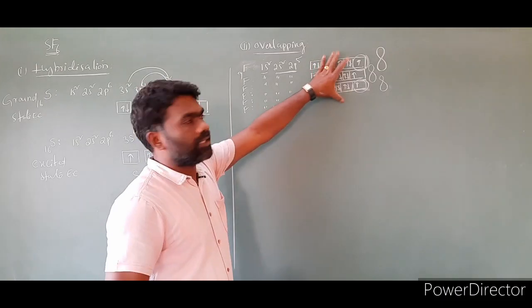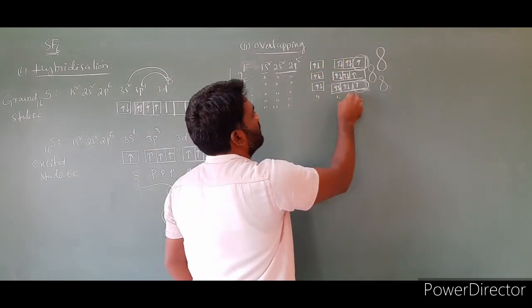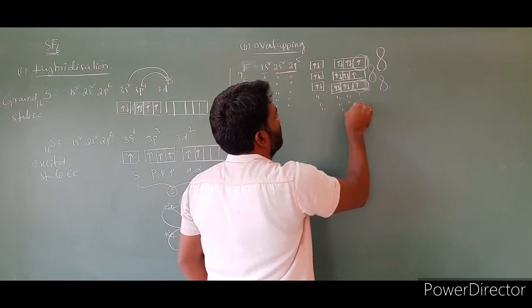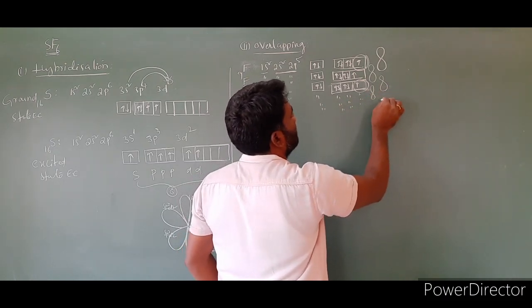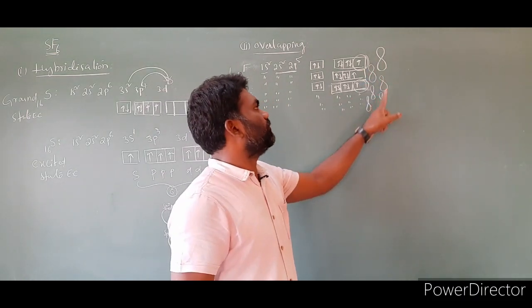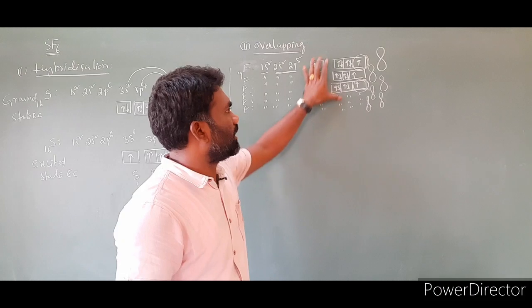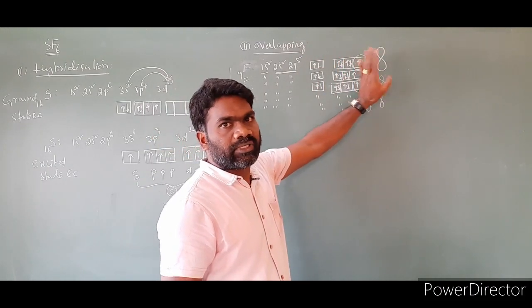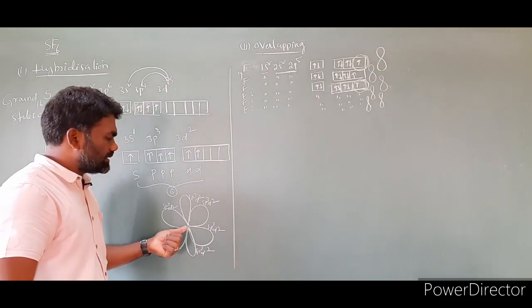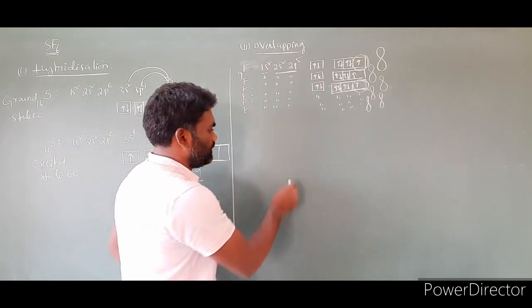The remaining I'm not writing. Similarly we have to follow the remaining also. The remaining I wrote like this. Here is one, this is the second one, then this is the third one. So in total we have 1, 2, 3, 4, 5, 6. I wrote 3, and the remaining I am taking as usual so that you can understand at this point. Now coming to it, I am taking these 6 sp3d2 hybrid orbitals here.